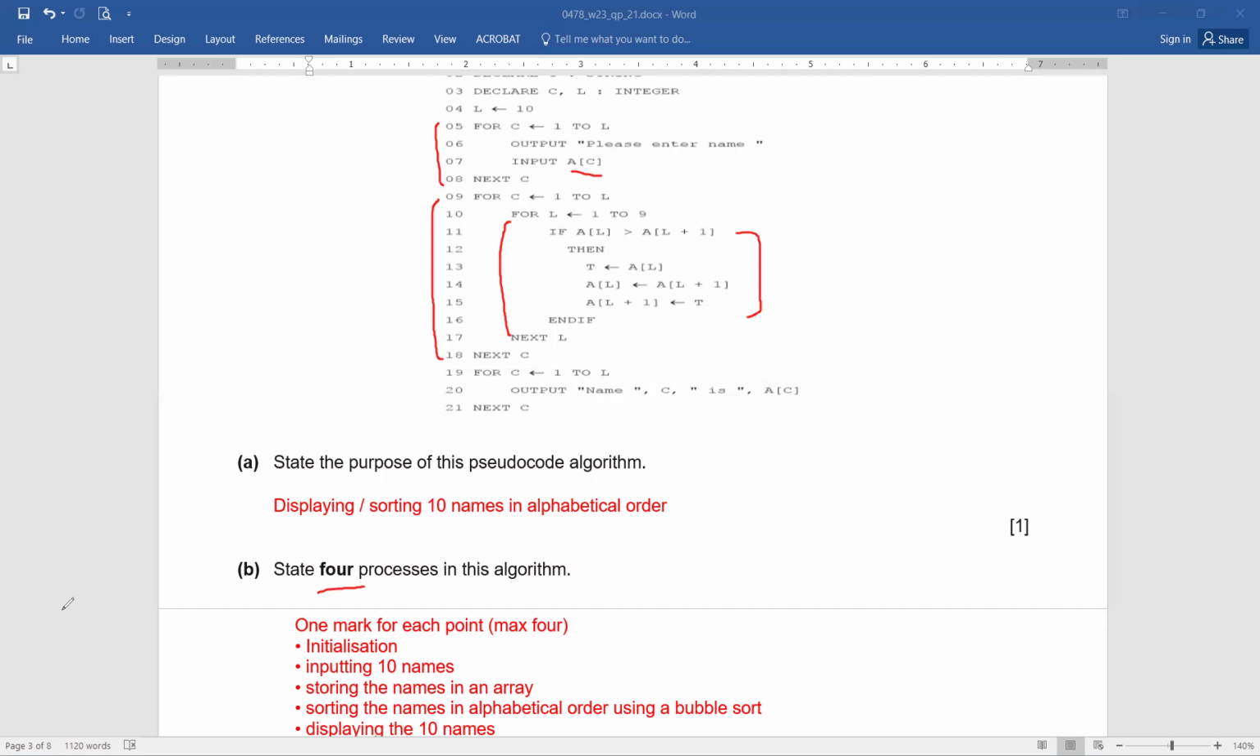Okay, just talking about which processes are happening in this algorithm. Easy? Not difficult? Can we move to the next question? Okay, fine. Let's move to the next question. And the next question is,